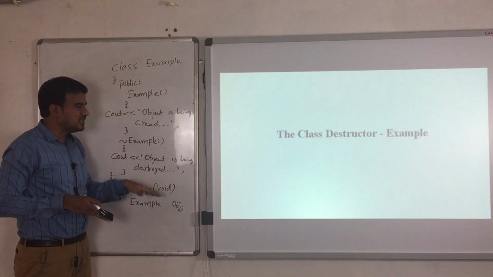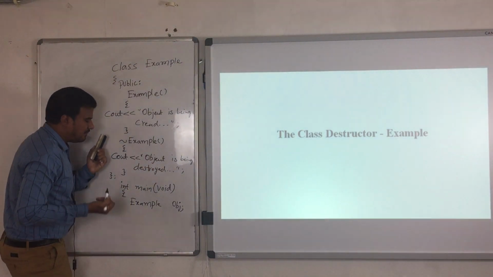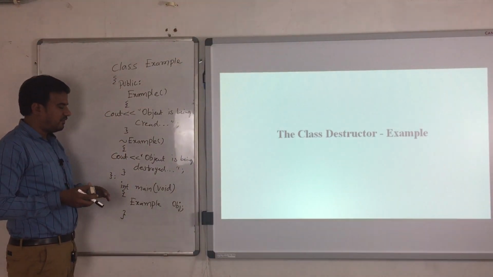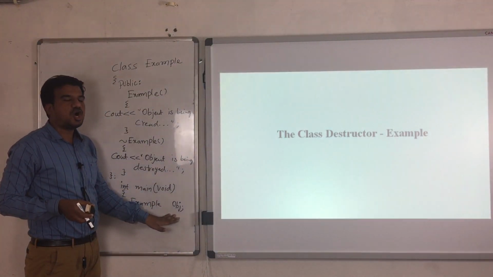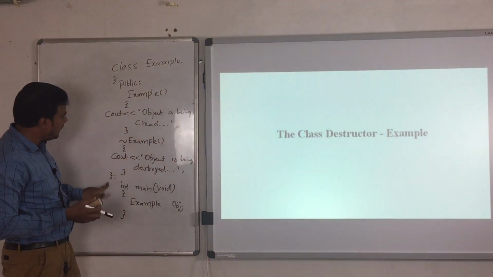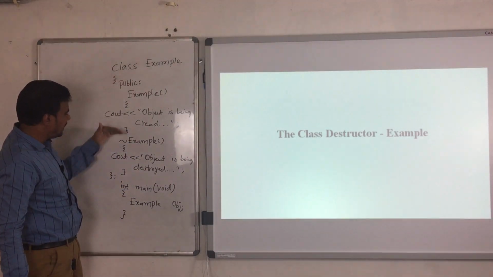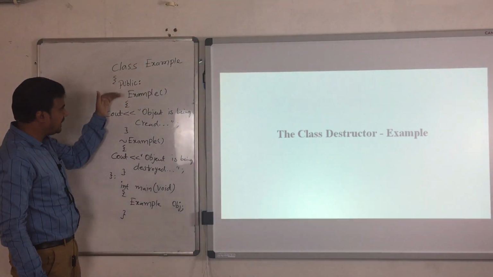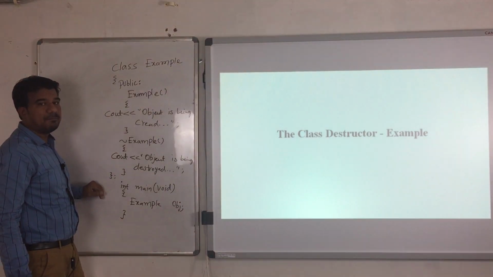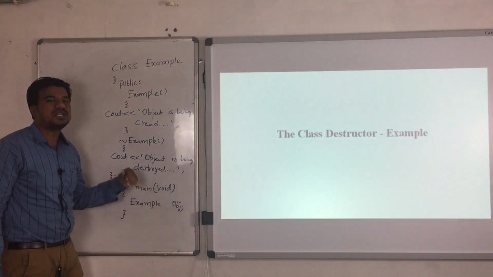Then when will this destructor be invoked or called? When you are coming out of the scope. After creation of the object, whenever the object is exiting the class, where my class is ending, here at this point my class is ending. So whenever the object is coming out of the scope of the class, at that point it will simply destroy the object associated with it.